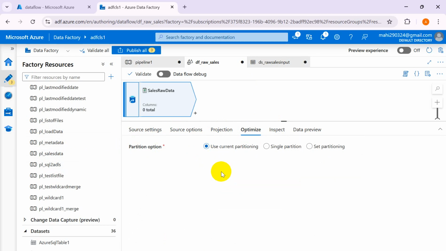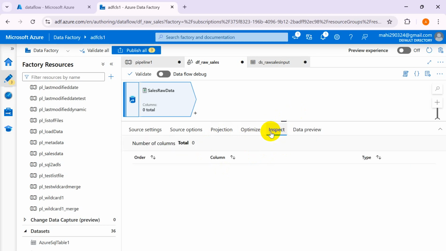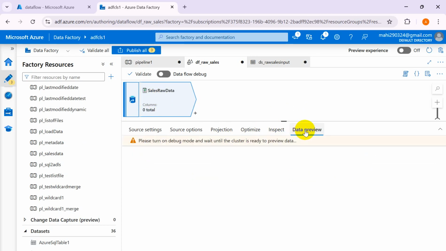So what is the meaning of partition? Basically, if data volume is more, we will use either a single partition for a small volume of data, and if the data volume is more, then we will have multiple partitions. Right now, by default the option comes as use current partition. Inspect will give you the columns, but because I have not selected the import schema, that's the reason. Data preview will only show you when you turn on